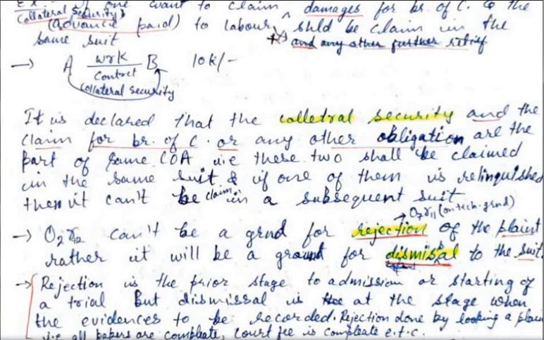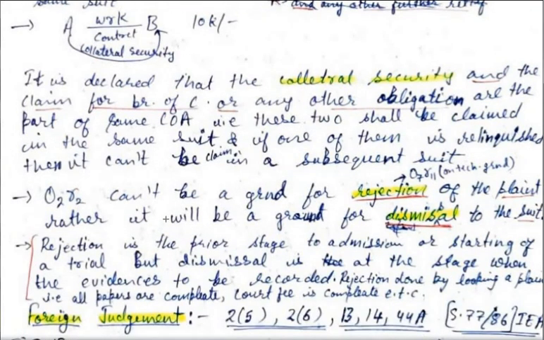In the case of order 2 rule 2, since the plaintiff has to prove the previous plaint की copy and the similarity of the cause of action and all, so the evidences are recorded and therefore the rejection will not be done and it will be a dismissal under the suit, it will only be a dismissal of the suit। ठीक, बाकी का आपको जब रिजेक्शन पढ़ेंगे तब समझ में आएगा। ठीक, अब इसके बाद जो टॉपिक हम पढ़ेंगे that is foreign judgment।